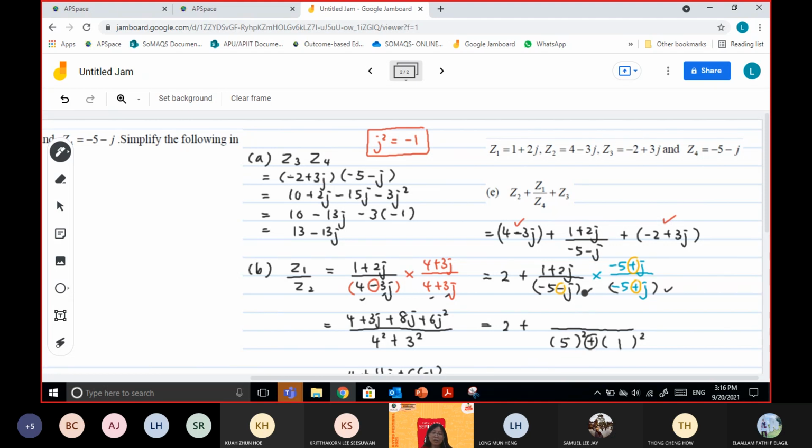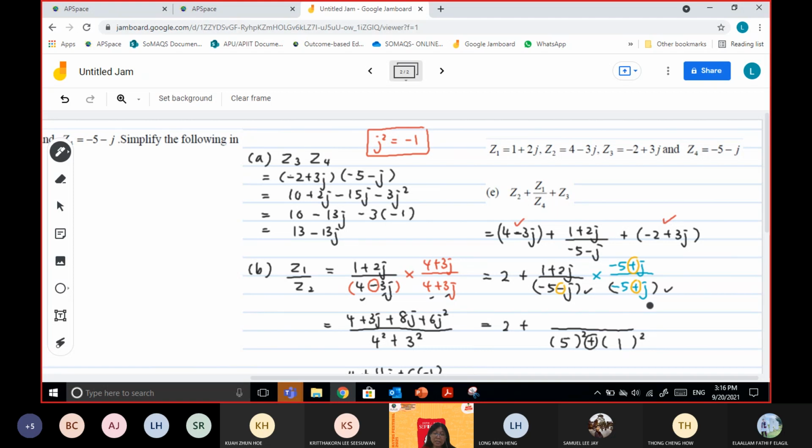If you're not using this way, you can just expand it as usual. But of course, that one you need more time to do it. Since here I already put a plus, that's why I don't involve the j. If I involve the j and I put the plus, then it will be the wrong answer. So you have to take note.